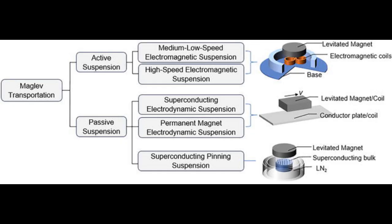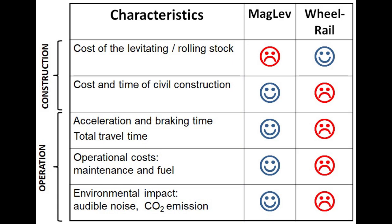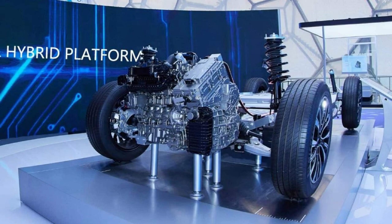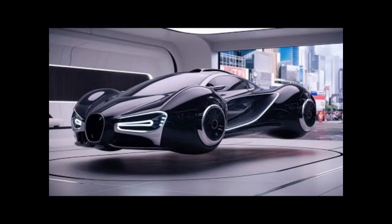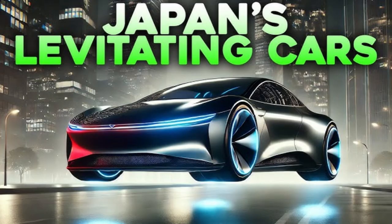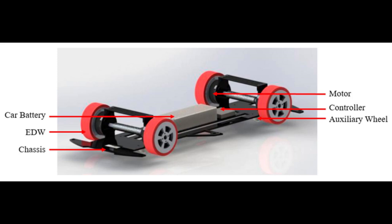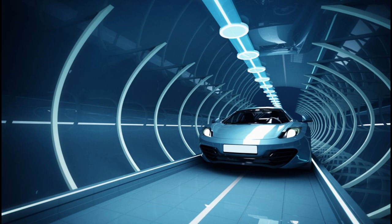We're talking about a system that's based on a really precise balance of forces, magnetic forces. Anything that could disrupt that balance, like a strong gust of wind or ice on the track, could cause problems. You're saying a gust of wind could push a Maglev car off course, or ice could interfere with the magnetic levitation. That's kind of scary. Yeah. It's definitely something that engineers would have to take into account. They'd need to design systems that are robust enough to handle a wide range of conditions, not just perfect weather. It's almost like you're trying to